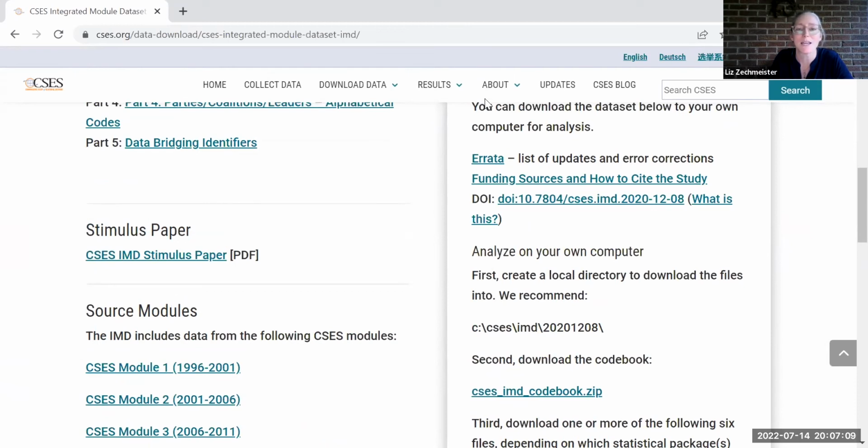A lot of times, I don't know about those who are here, but when I started off in this profession, I had a tendency to just take data off the shelf and start using it because I was so excited to run my regressions. I knew what I wanted to do. I've learned since that it's really good to look at study documentation, the technical report, and the code book, to have an understanding of the broader context in which the variables that you're interested in were collected.